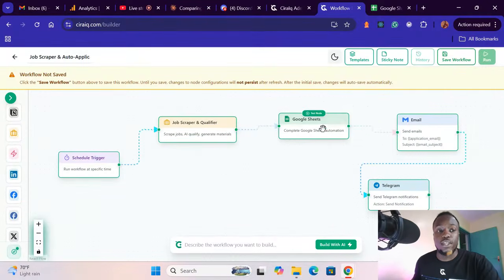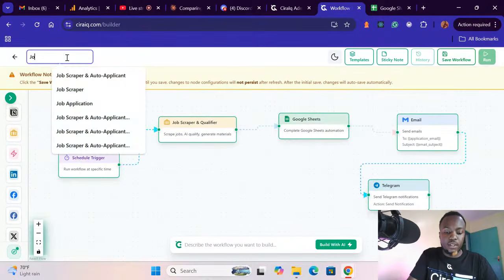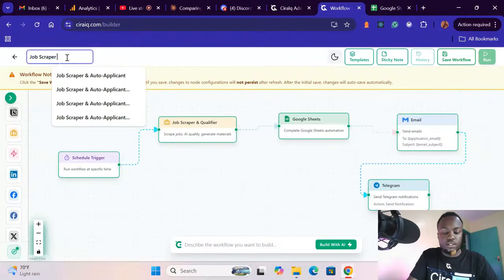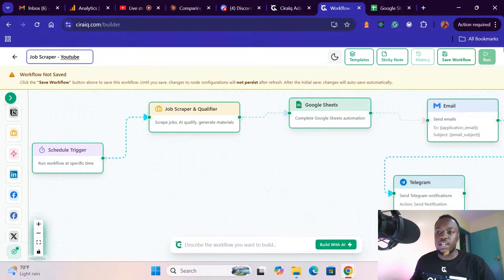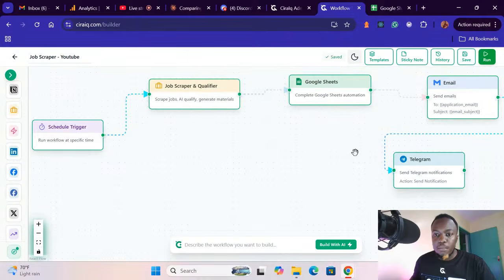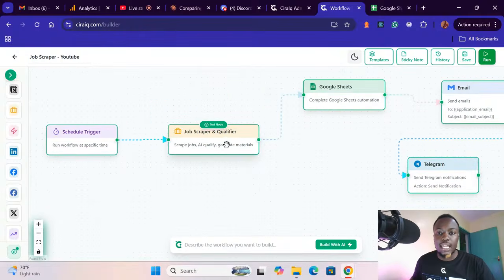First of all, before you configure, always make sure that your workflow is saved. Workflow not saved. So I can just save this workflow, job scrapper YouTube. Let me just do this, job scrapper YT. So before I configure, always make sure that you save. But I want to show you something here. For example, in case I had saved and I made a mistake,